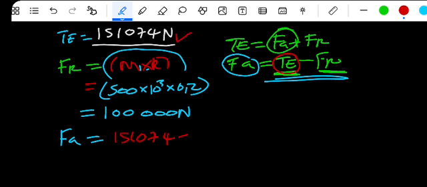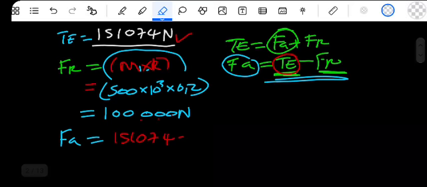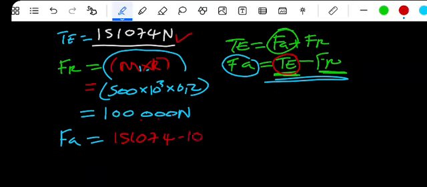15074 minus this one. 1, 2, 3, with those zeros. 1, 0, 1. Minus 1, 0, 0, 1, 2, 2. Here we have 1, 2, 3, 4, 5. Okay, so 1, 2, 3, 4, 5. Anyways, if you punch this,